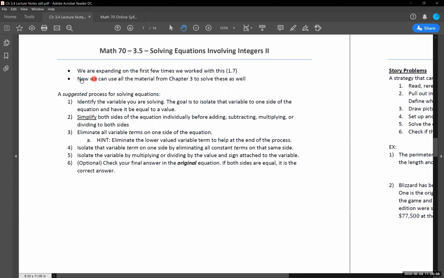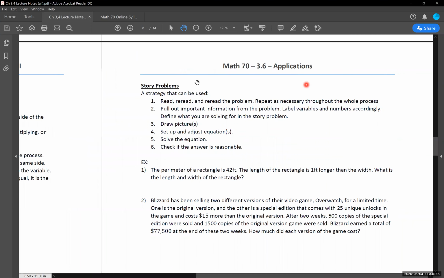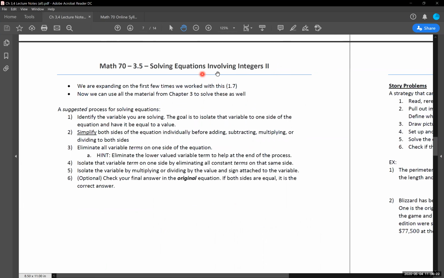And the big thing we like about this is that this step-by-step process makes solving these very, very mechanical. So you do not have to guess at what you're doing when you get an equation set up for yourself. If we're looking ahead a little bit to section 3.5, applications and story problems, the idea is that once we have everything set up as an equation, we know exactly what to do. There's no guessing, no second-guessing or questioning what we're doing next. We have it all ready to go. So that's what we're going to go through today.